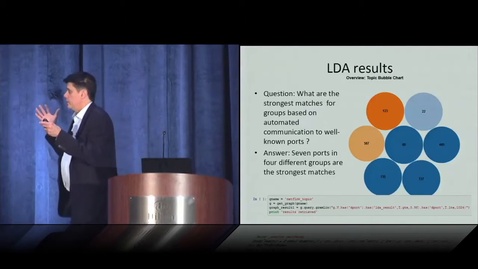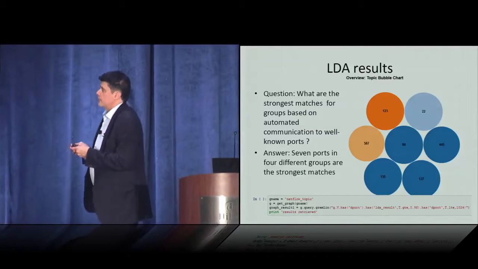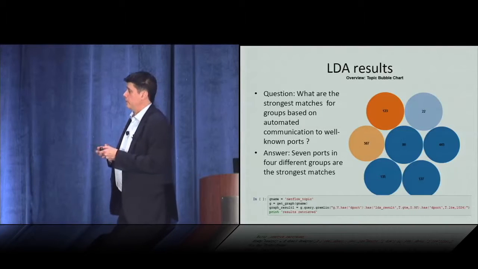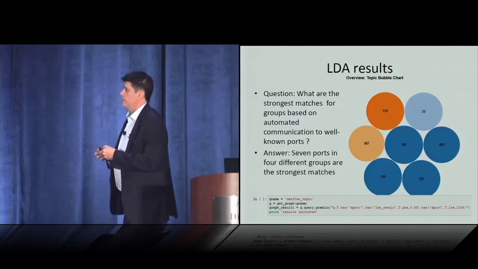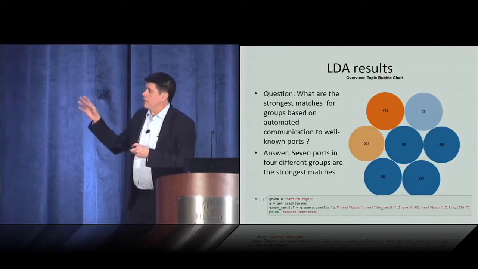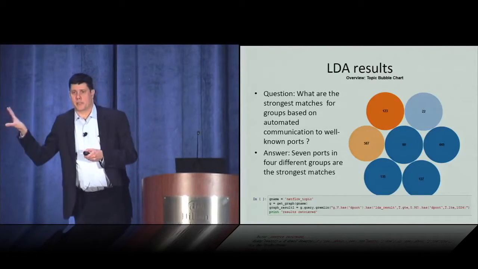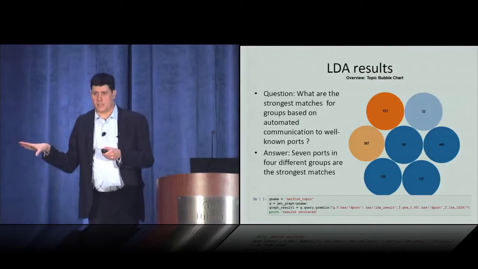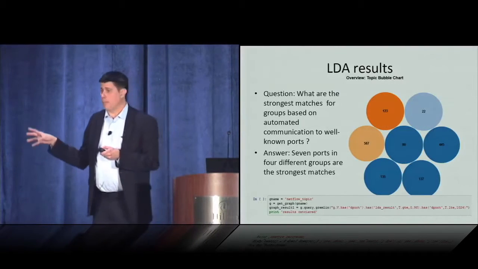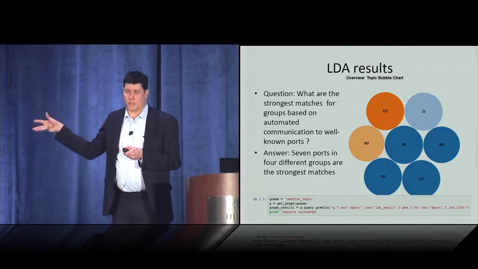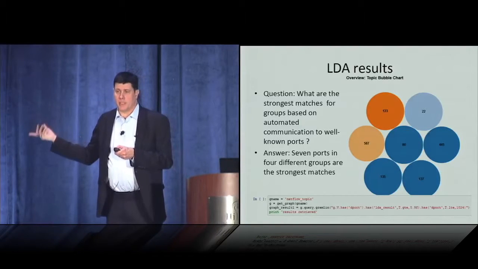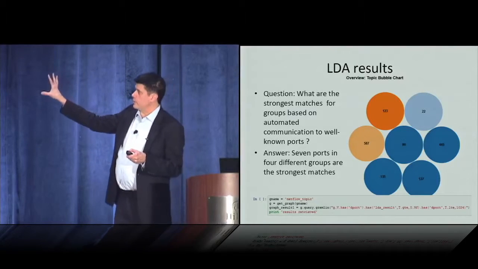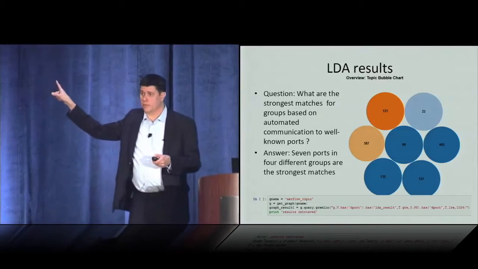And so here's an example result. This was actually on the VAST data set, so it can be reproduced, and we'd certainly always be interested in any corroboration or collaboration on that. So our question was, what are the strongest matches for automated communication? Because that's something that you want to look for in your network, right? Sometimes it might be fully expected and normal, but within that communication, you want to see if there's anything abnormal. And so one of the results here is you get 7 different ports. There are 7 different numbers up there.